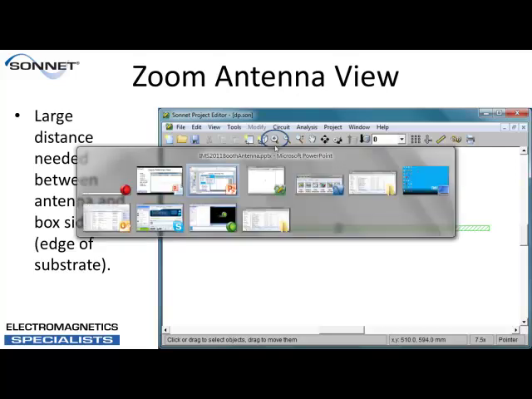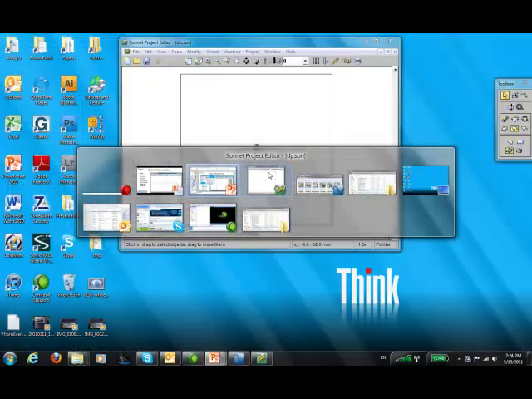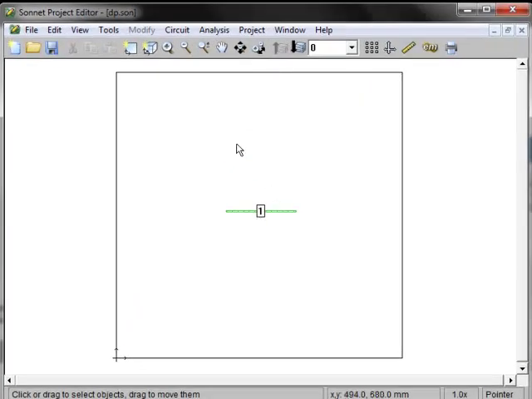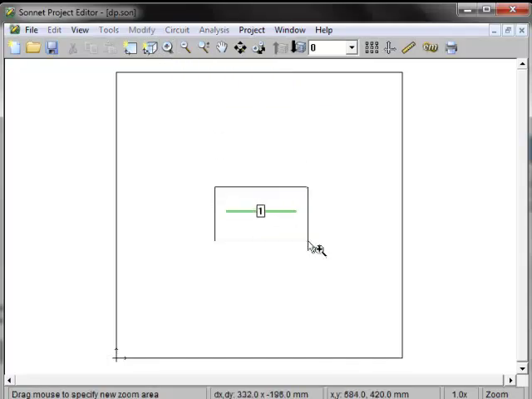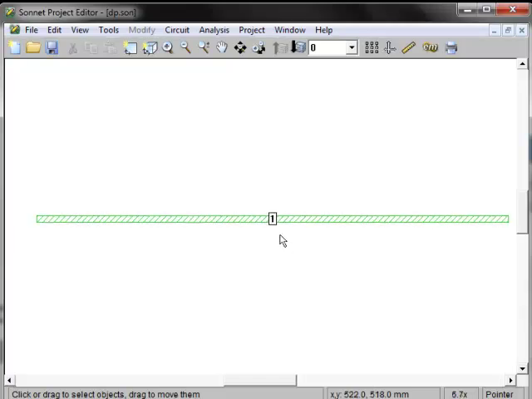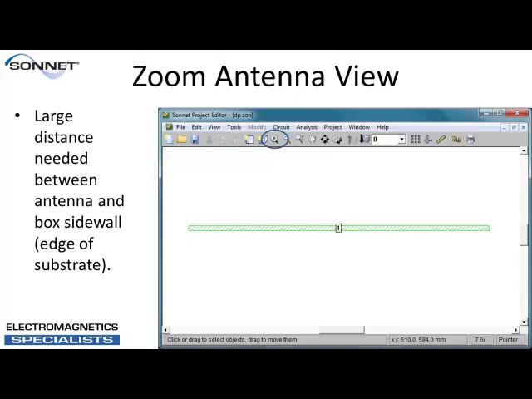Going back to the antenna project, we'll pick the zoom key and window out the section that we want. There's our antenna zoomed so we can see it in more detail. You can also use the roller button on your mouse to zoom in and out as desired. Going back to the slides,